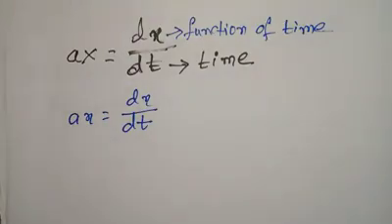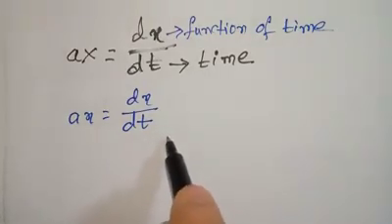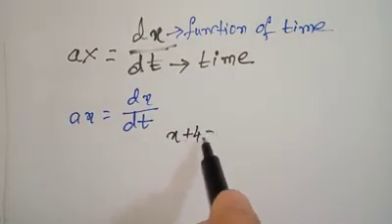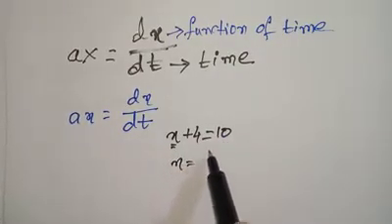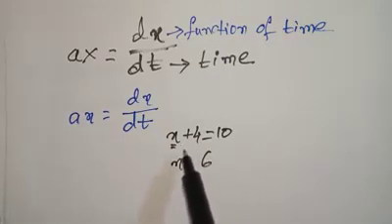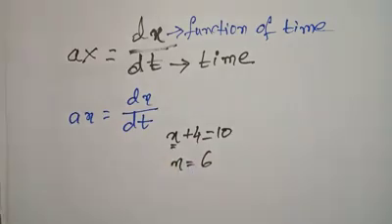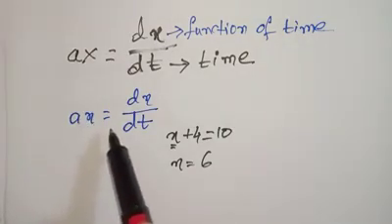Now if you want to go further on this part, the function and derivative, we try to find out the function. Just mind that when we are writing ordinary equations, say for example a basic algebraic equation, x plus 4 equals 10, depending on this variable, what we can quickly find out is x equals 6, that is 10 minus 4. But in case of a derivative, when we are trying to differentiate things, we are not trying to find a typical single value, a basic single point. Rather, what we are trying to do is find a function.